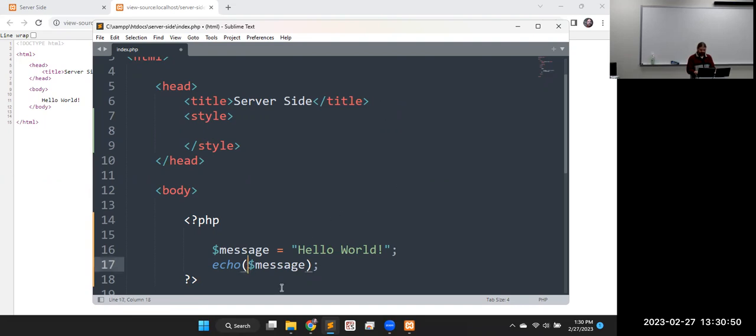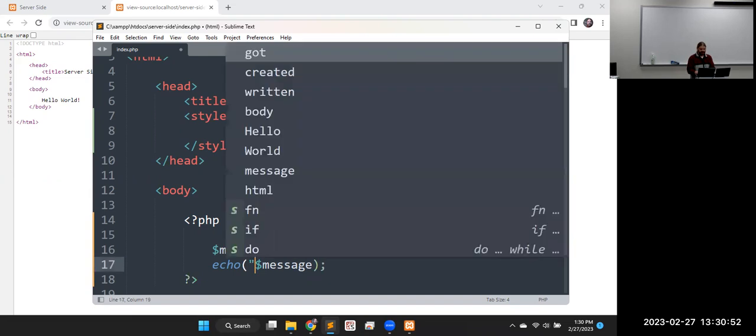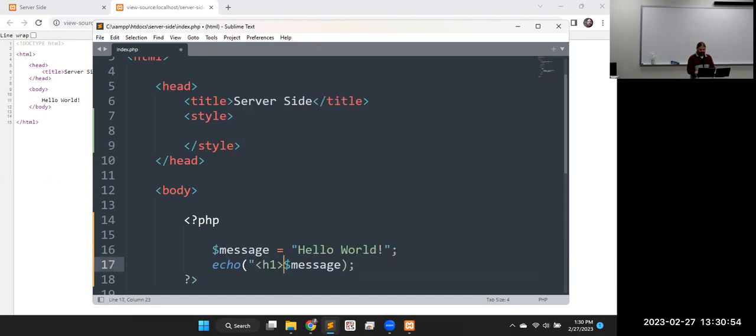Let's throw in some H1 tags. So I want to concatenate an H1 tag onto the front of this. And we have two ways to concatenate. So the dot is concatenation. But then there's another way we can concatenate that's even better. So that's going to put those strings together and send it back to us with